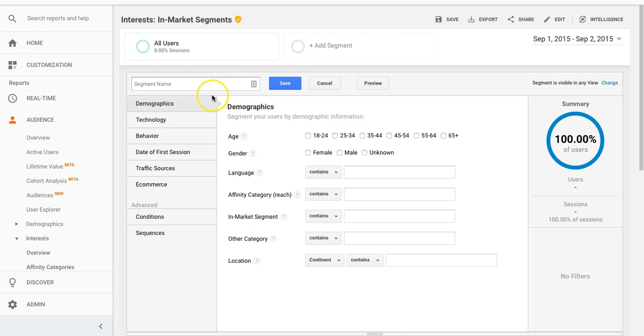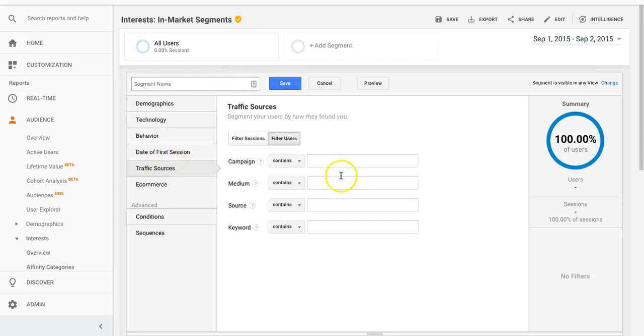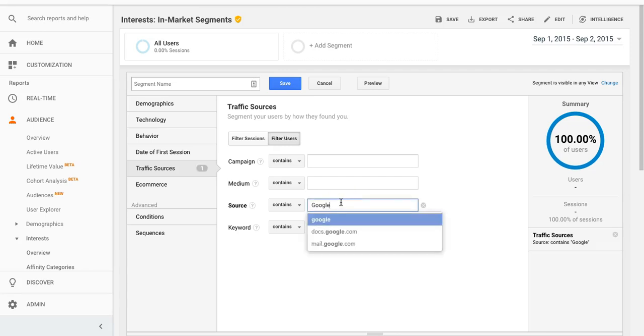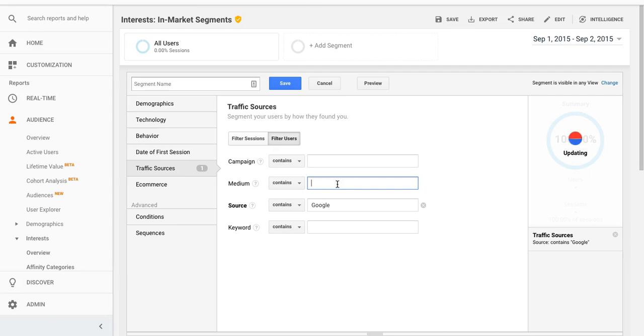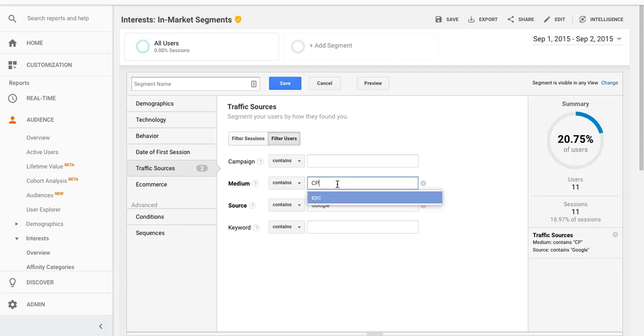And then we will do traffic sources. And we are going to do source, Google, medium, CPC,